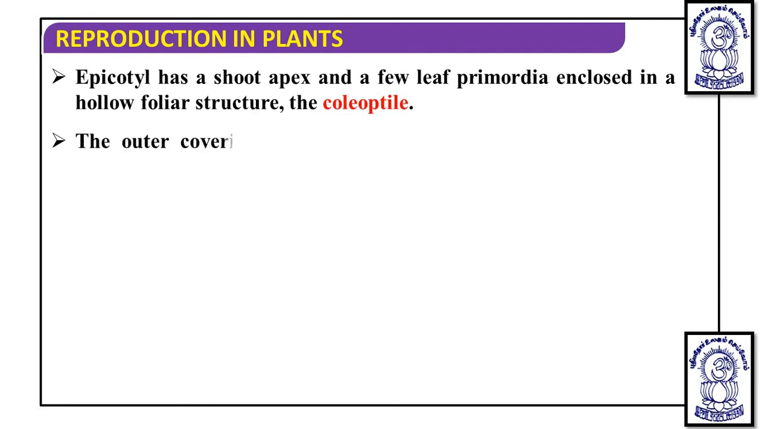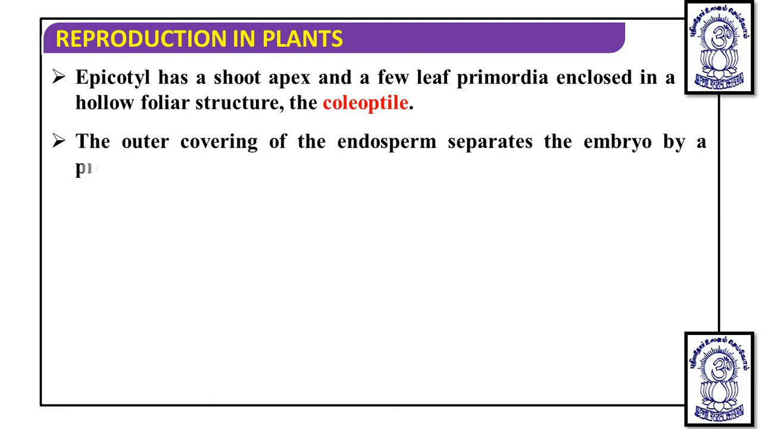You can go back and study this diagram again. The epicotyl has a shoot apex and a few leaf primordia, the initial leaves enclosed in a hollow foliar region, that is a coleoptile. Then the outer covering of endosperm separates the embryo by a proteinaceous layer, that is the aleurone layer. We remember